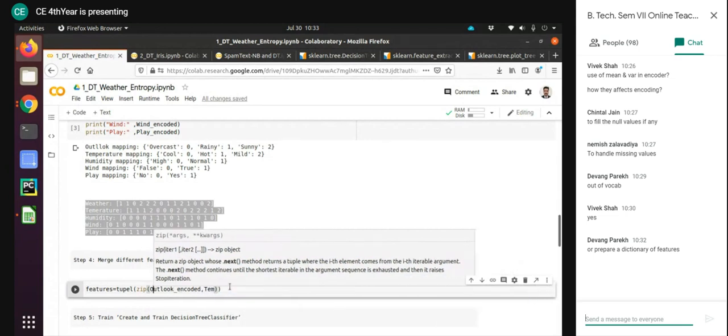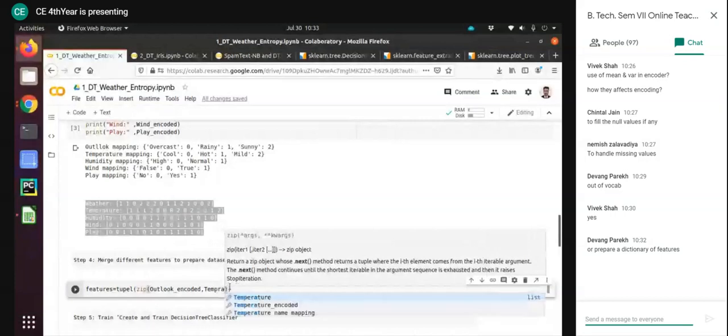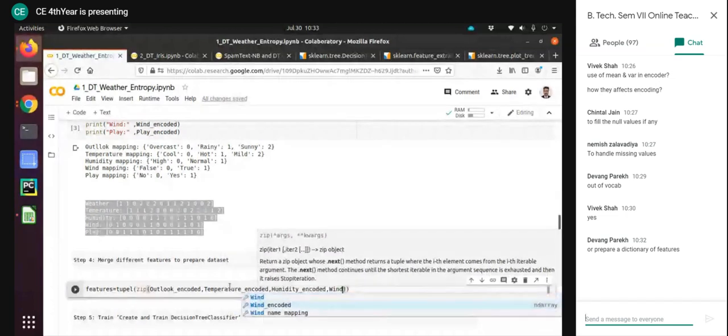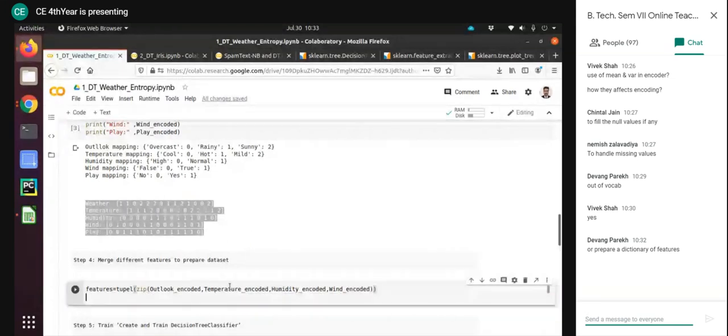Yes, O is capital. These are the features, or you can say these are the X values. And if you just print that,